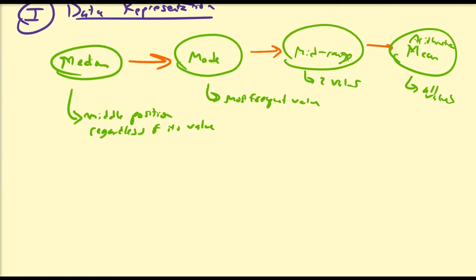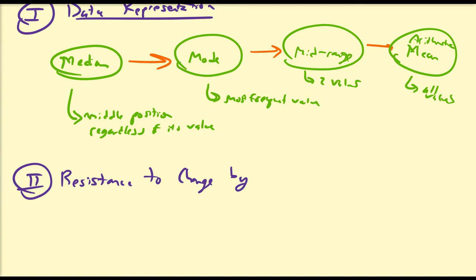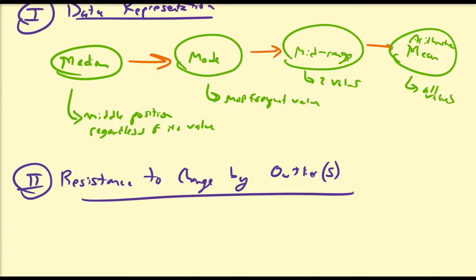Another characteristic that we usually consider in terms of which is the best measure of central tendency would be what we call the resistance to change by either a single outlier or outliers. So what is an outlier? We'll discuss and firmly define this a little bit later, but it's number or numbers that